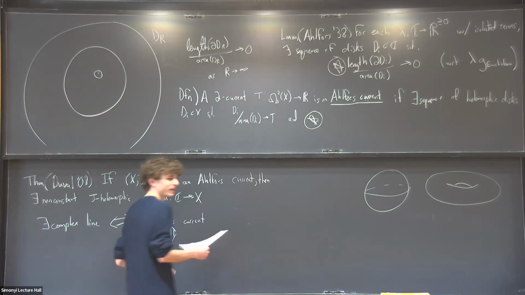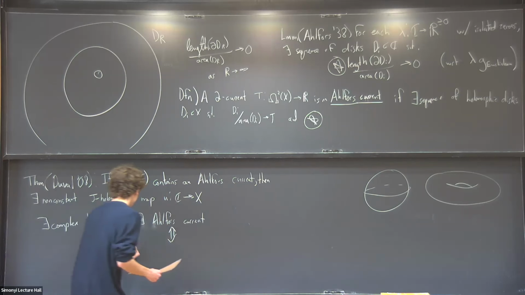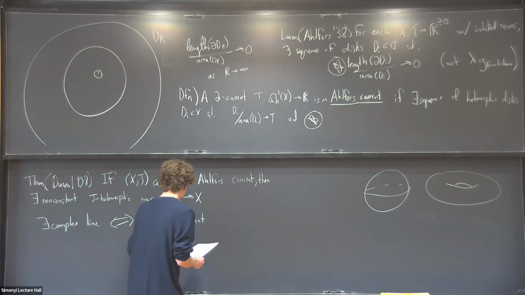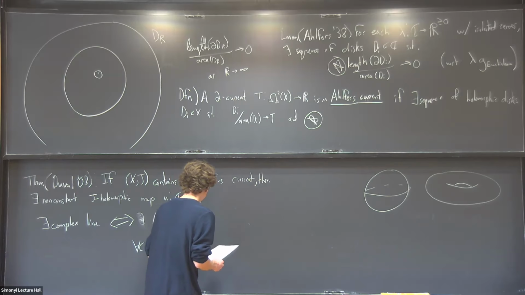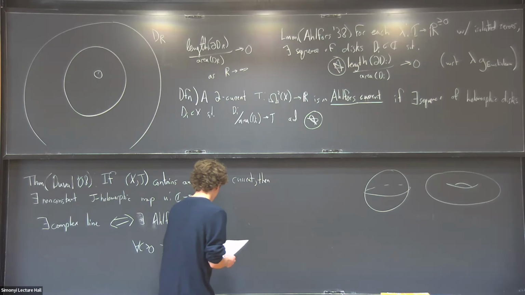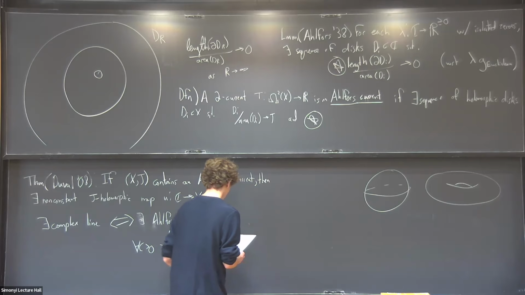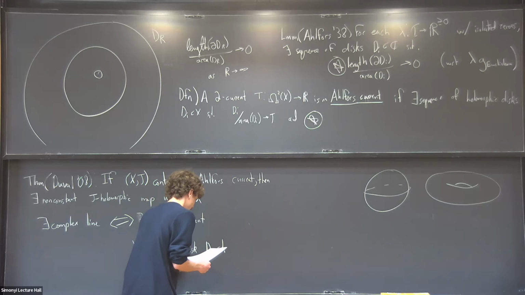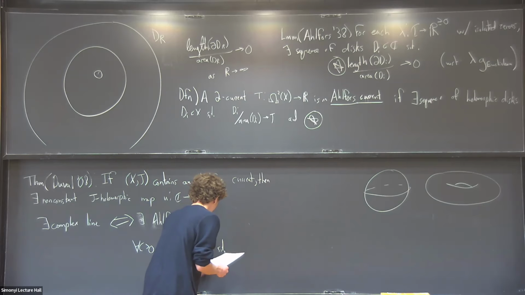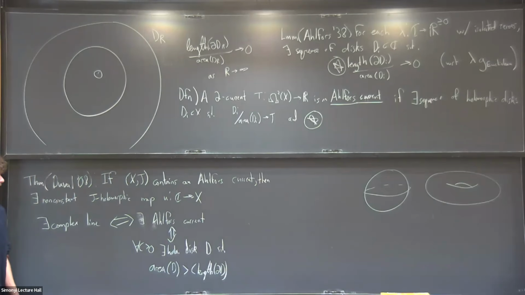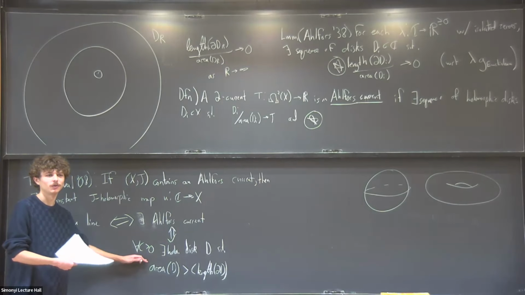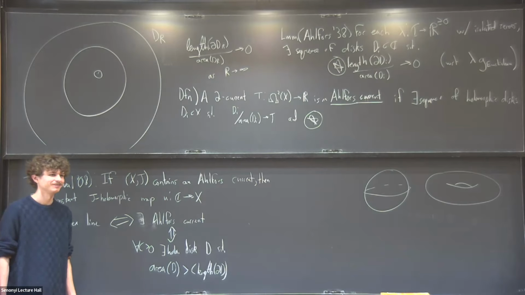And this is equivalent, just by unraveling the definition, to the existence of disks satisfying arbitrarily strong linear reverse isoperimetric inequalities. So it's like a geometric